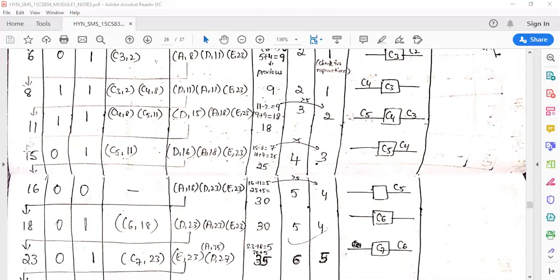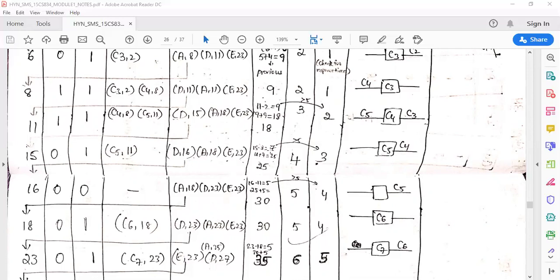Again, departure 15. Who is moving out? The fourth customer is moving out. If the fourth customer moves out, C5 will go and sit in the system. What is the status of the queue? Nobody is there, so 0. The server is busy. Who is there in the line now? C4 comma 8 has moved out, so I have only C5 comma 11. What type of event is it? A departure. So I add to the number of departures and get 4.